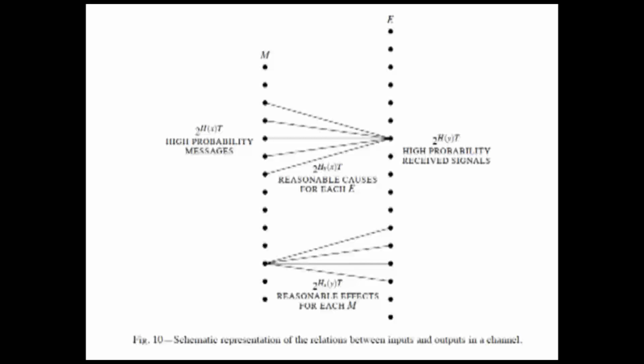He gave a diagram and he explained it by this idea that of all the set of messages, there is a set of high probability messages. Again, this is coming back to the idea of typicality. And for every output we have a set of possible messages that are plausible. All the others would not be plausible. All right. So in fact, if you look at, say, Cover and Thomas, the way that the channel coding theorem is proven follows very much this, carrying it out mathematically.